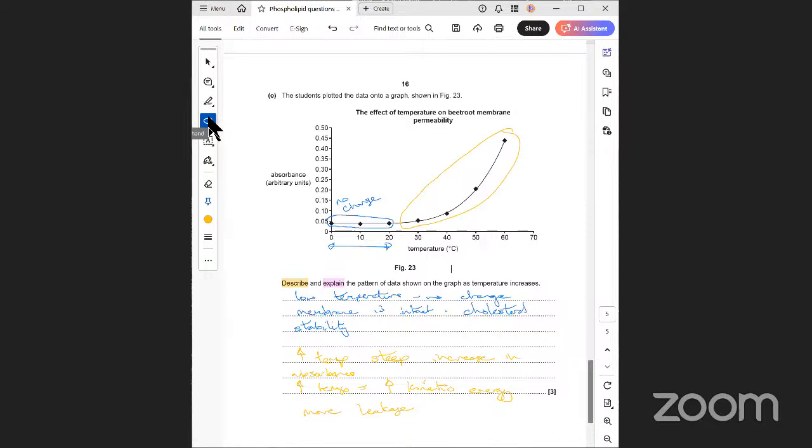That leakage out is because the membrane has been damaged, the membrane might be damaged. It could be that if I go too hot, my proteins denature. So remember when you are given a question that says describe and explain, that you are ensuring you're giving both answers. Otherwise, you will not get the full marking points. So I hope you've enjoyed this little introduction to how I